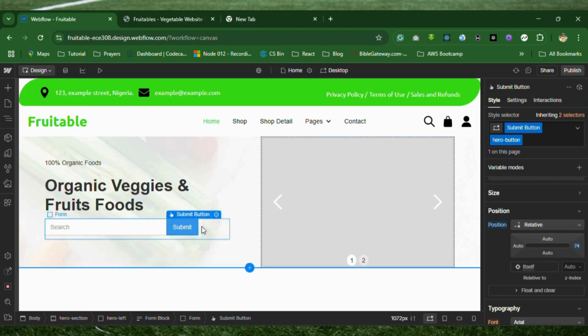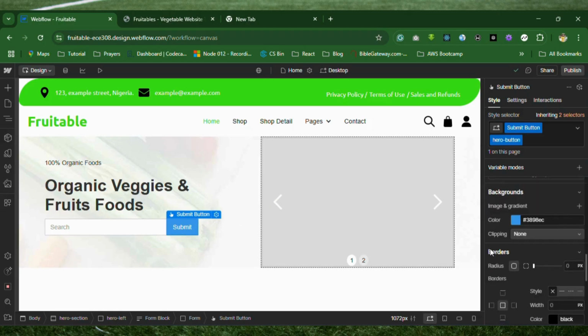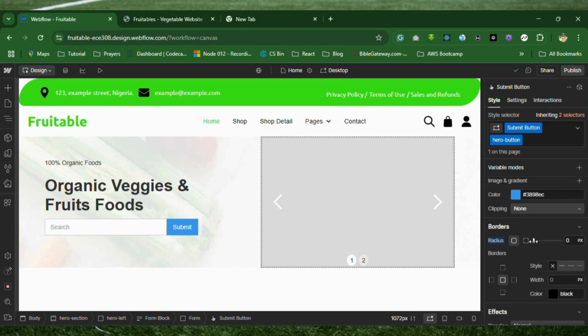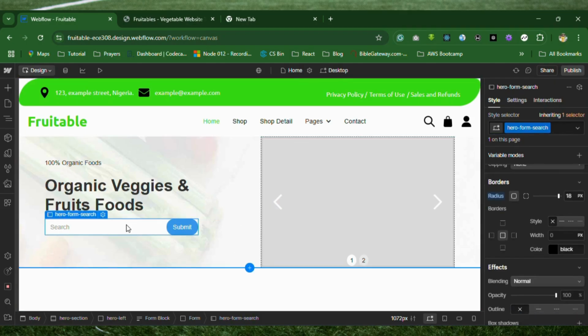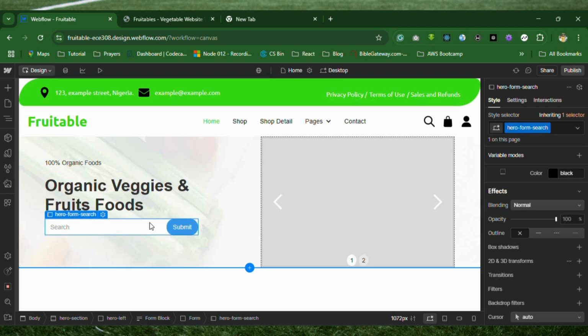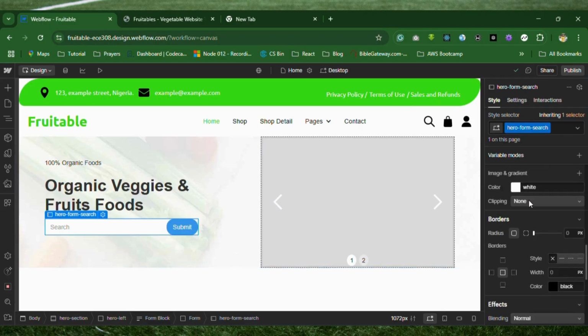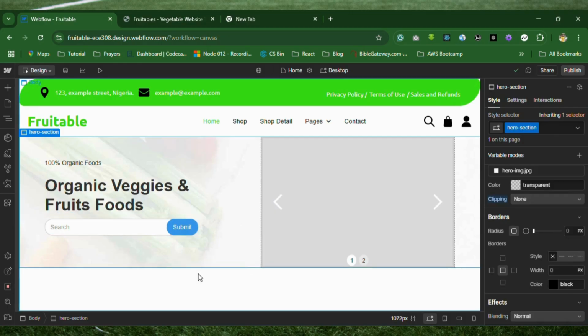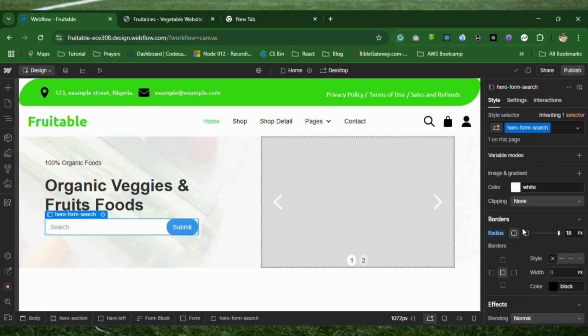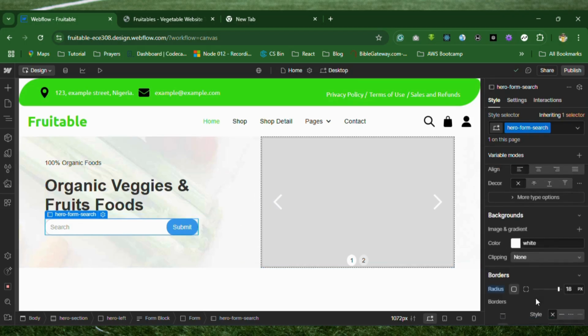Next we want to give it that border radius around it, so we come to borders. Okay, 18 is fine. All right, so now for our hero form search, remember the new name we gave it. We also want to give it that radius to align. So border radius, we give that 18, so this should be the same as well. 18. Okay, now we have this, so we're going to give this a different border